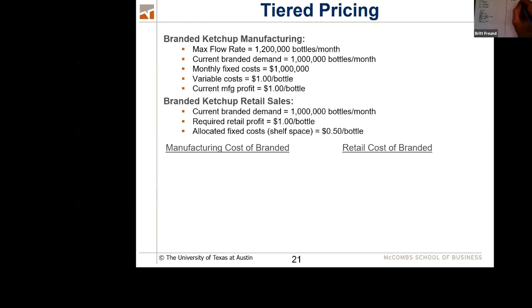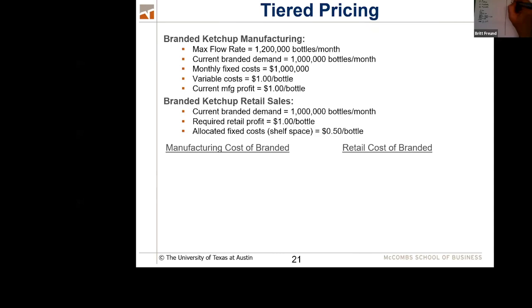Okay. HEB has their own fixed costs. I don't know if y'all know this. Early in my career, I did this a lot, right? When a retail store like HEB has a certain amount of shelf space, they say, how much money does it cost to keep an HEB store open for a month? And they divide that across the available shelf space, and they come up with a shelf space cost. This is what it costs to dedicate a certain amount of shelf space in HEB, and that's what they use as their fixed cost.